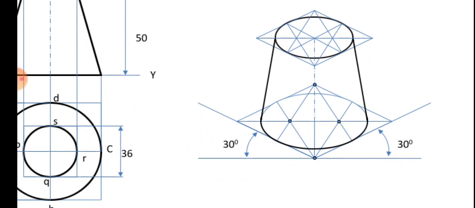If there is a pentagon or hexagon, then you need to do a little more work, individually taking the points and doing it. So in the next problem I will explain the frustum of a pyramid, and then we will stop this class for today. But please go through these videos again and again and make sure that you are able to understand and draw whatever explanation is given. Okay.